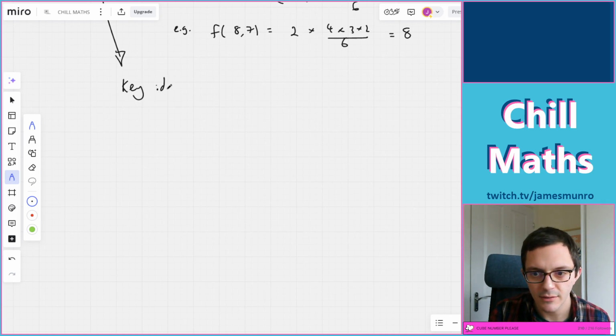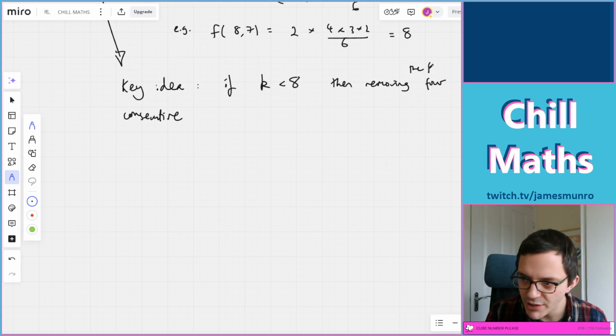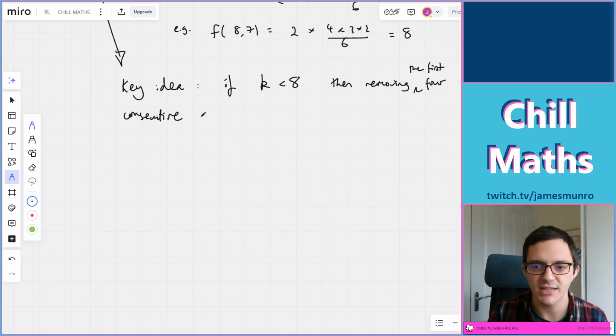Key idea, if k is less than 8, then removing 4 consecutive numbers, I need to be specific, removing the first 4 consecutive numbers